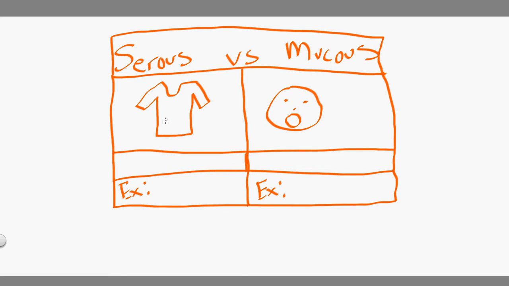We'll be taking a look at the difference between serous membranes and mucous membranes. Now, when we think of the word membrane here, we want to look at it in the sense of a covering, not in the sense of the plasma membrane. That's a little bit different. Even though it's still using the word membrane, we want to think about this in the sense of covering. Now, the difference between the serous membrane and the mucous membrane is serous membranes are not open